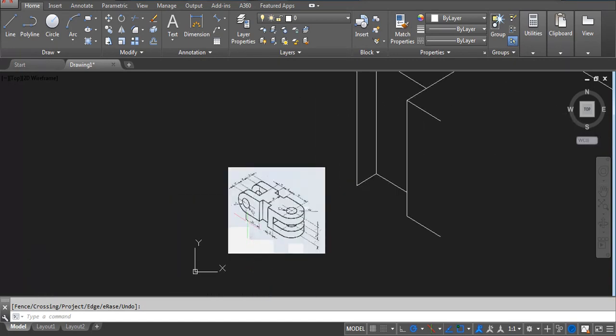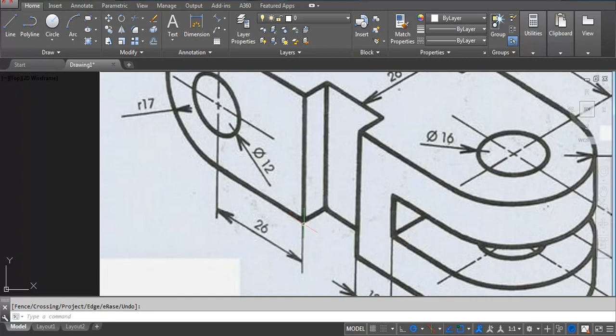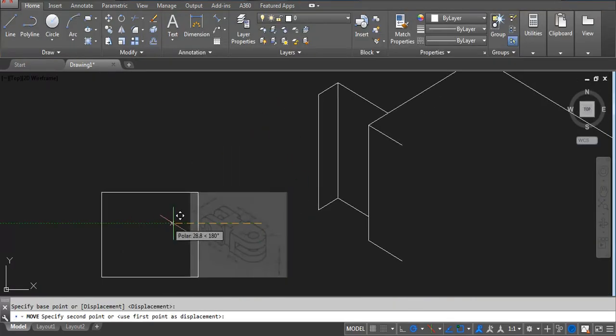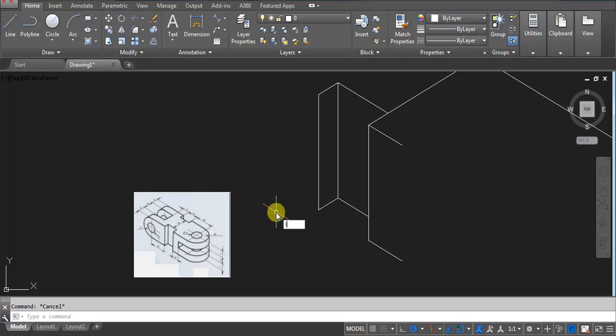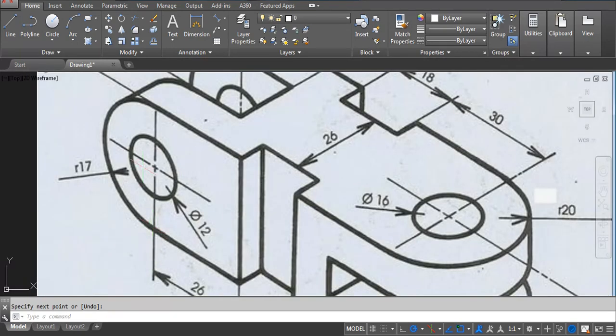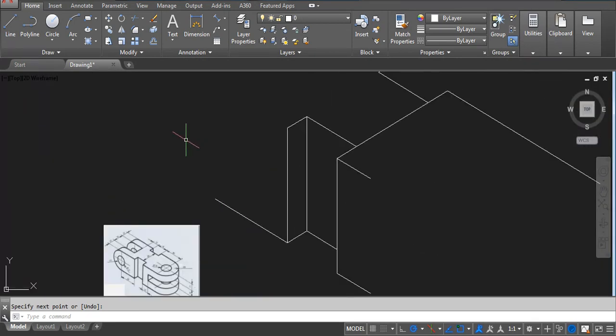Okay. Now we need 26 here to here. Take a line, let me remove it. Take a line, L enter, कितना चाहिए हमें 26, enter. Now you can see here on this 26, जहाँ पे भी 26 है, हमें चाहिए वहाँ पे 12 diameter का circle. So what we have to do, take a line, L enter, click here, कितना चाहिए 34, because we need,